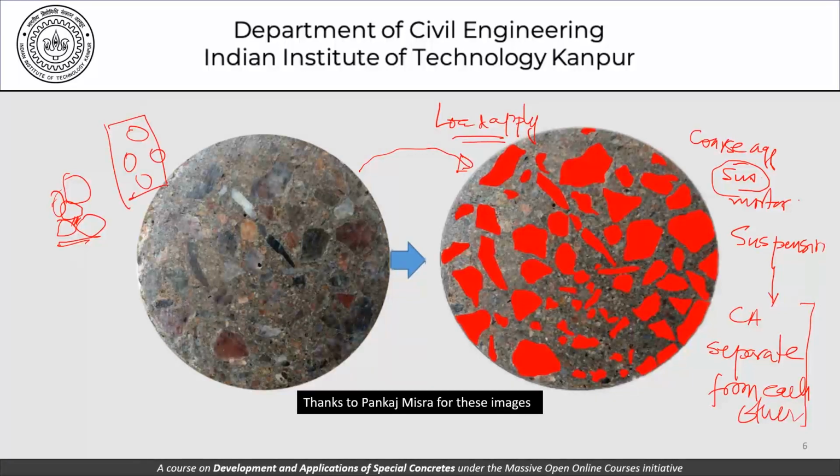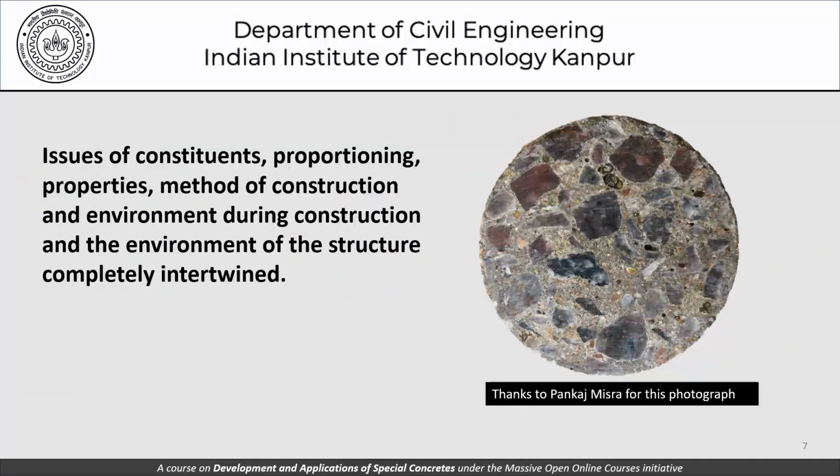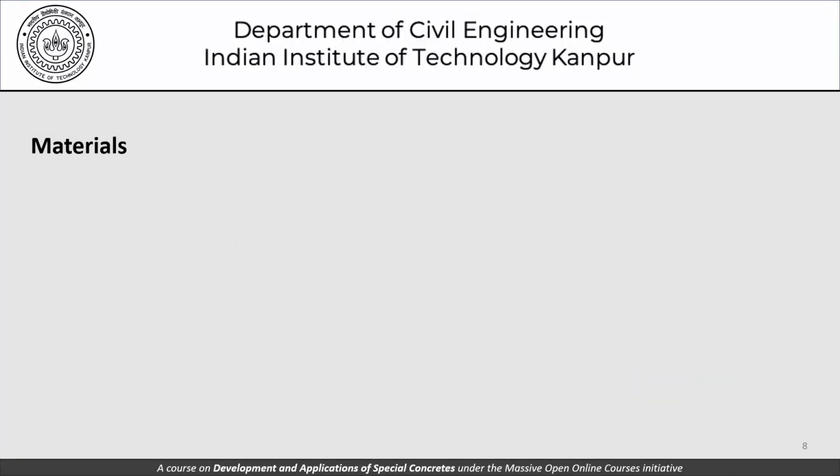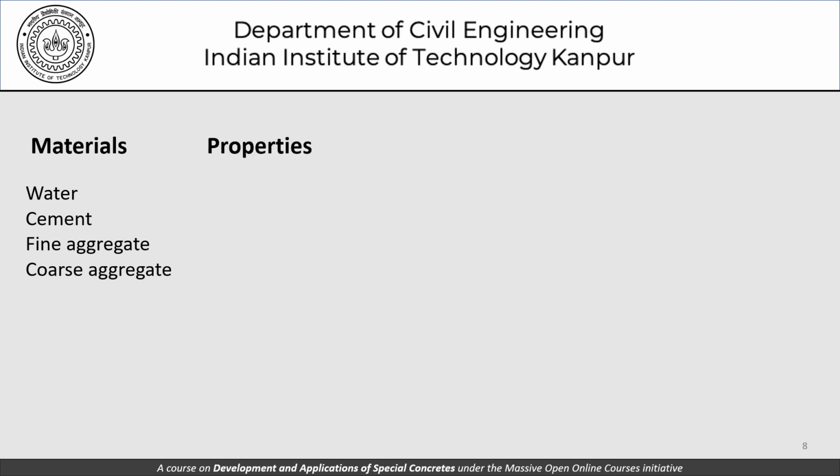Now, the issue of constituents, proportioning, properties, and methods of construction is closely intertwined. This is something which we have already stated several times and is being emphasized once again. We'll talk about special concretes in this complex framework. Let's try to commence our discussion on that. Now, as far as materials are concerned, I've already told you that we'll talk about water, cement, fine aggregates, and coarse aggregates as our basic constituents. Now, what are the properties that we talk about? We talk about